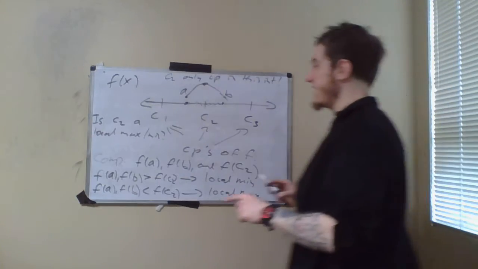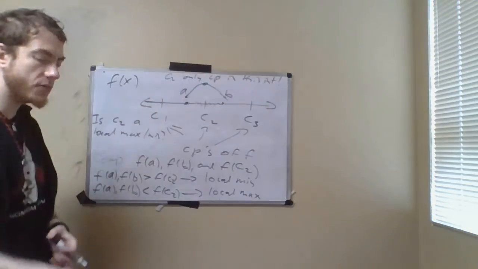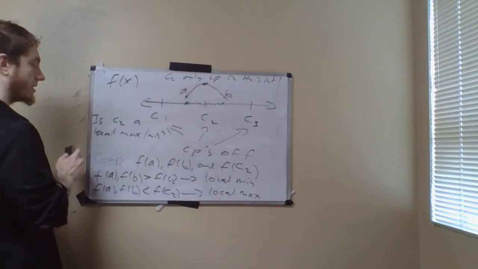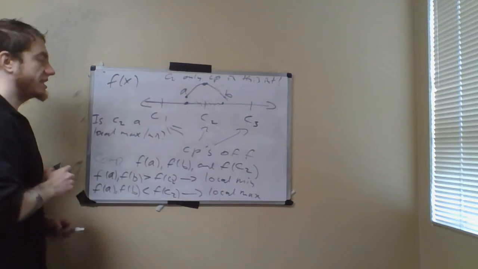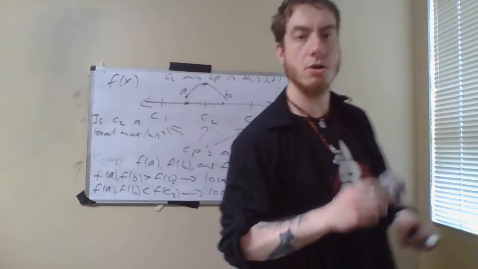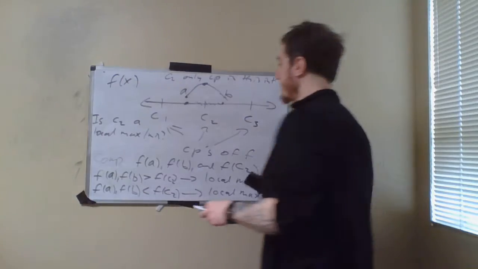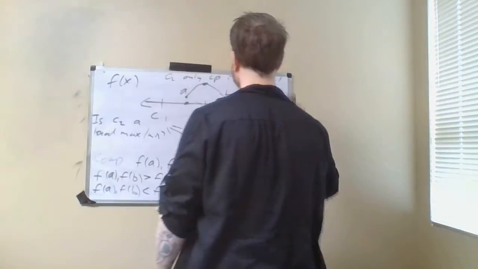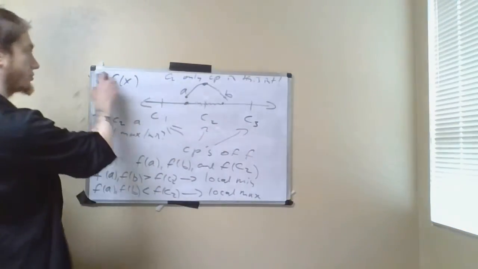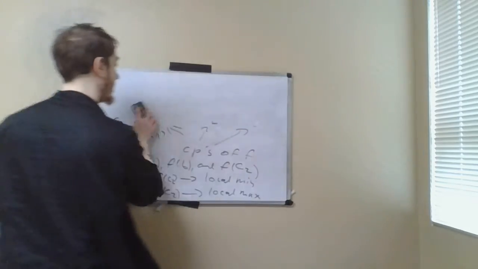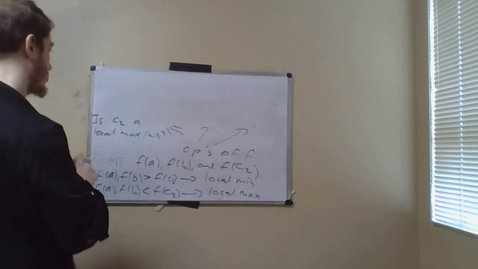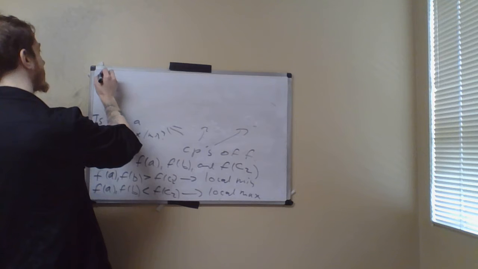Finally, what we can say is that if one of them is bigger and the other is smaller, then this is neither a local maximum nor a local minimum. So where can I write that? Well, I'm just going to have to erase this picture at the top because I don't have any space. So you still have that picture in your notes, I hope, and therefore what we can say is